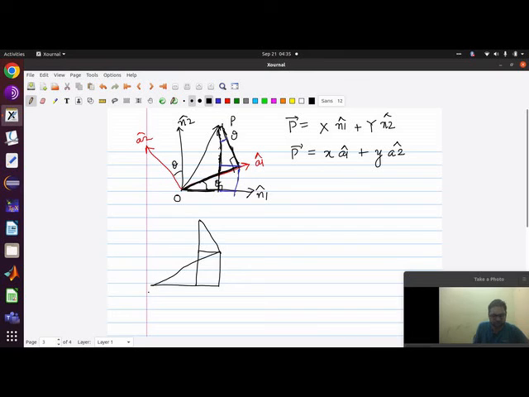Oh yes, good. This is O and this is theta. This is also theta. This is your small y. The whole thing is your small x. This is the capital X. This whole height is the capital Y. Okay. So now,